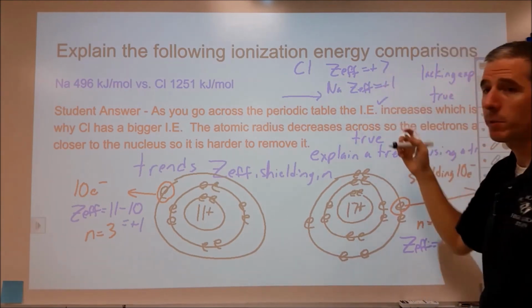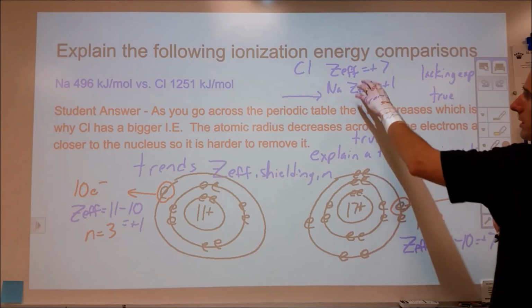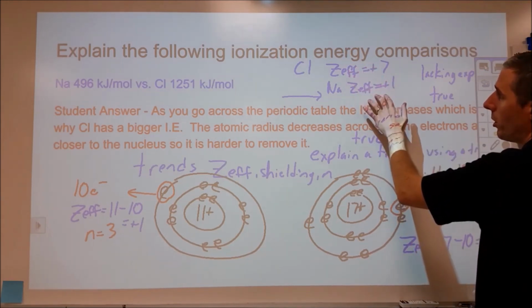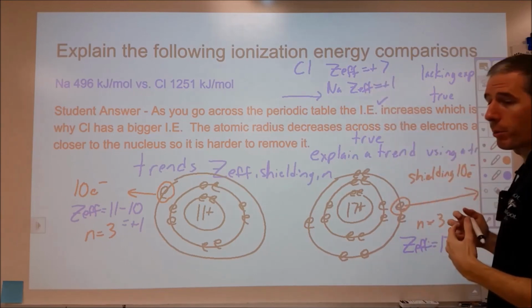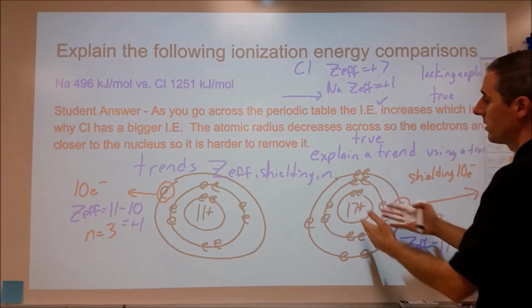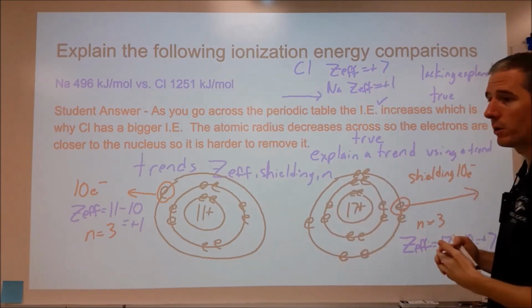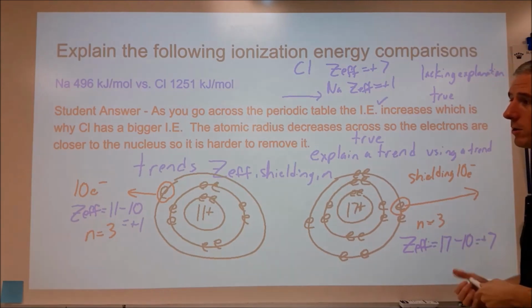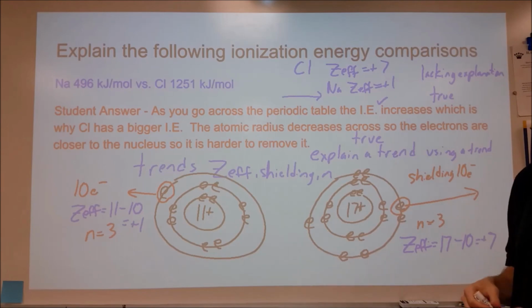And then maybe a brief explanation of what effective nuclear charge is. It's the combination of the proton pull and the electron repulsion into one term. So we're seeing a greater net pull from the protons since there are more protons and since the number of shielding electrons has not really changed by much. And therefore the ionization energy is higher for chlorine than sodium. Okay, a simple wrong would have done just fine, but